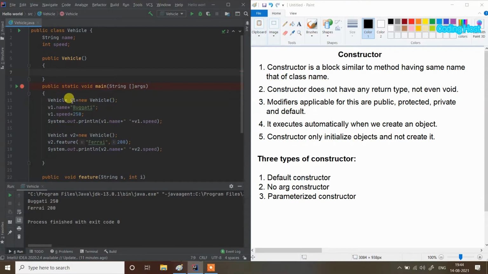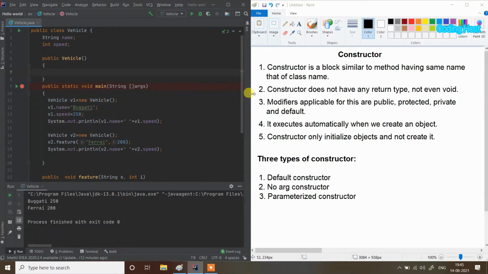So when we create our object, that time our constructor will get executed automatically. Fifth, a constructor only initializes an object and does not create it. To create any object we have to use the new keyword, and a constructor is only used to initialize the object. We cannot create an object using a constructor. We have to use the new keyword.